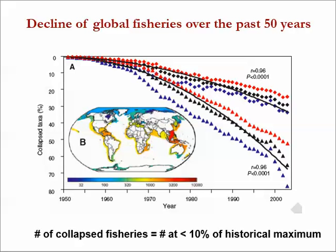So Boris Worm and others studied this in a little bit more detail, and you don't need to worry about the various colors, diamonds and triangles, but basically the black lines represent a wedge of our competence in the information, and the vertical axis represents collapsed taxa. So taxa whose fishery has completely collapsed. And again, 1950, that hadn't really happened much at all. By the time we get to 2000, somewhere between 30 and 60% of our fisheries have collapsed for individual fishes,